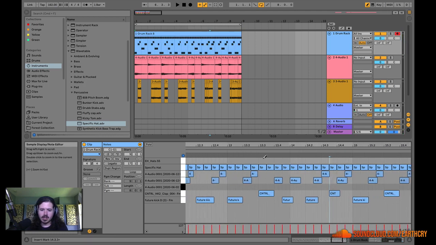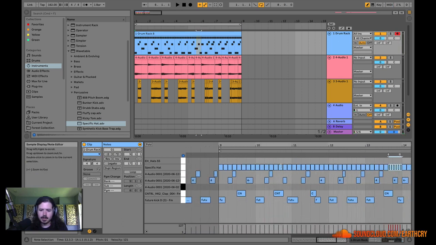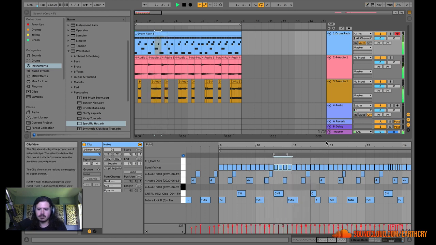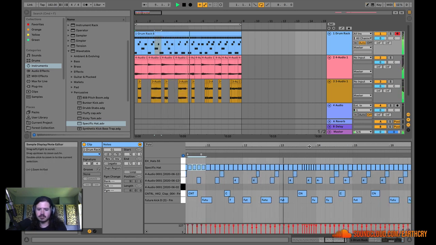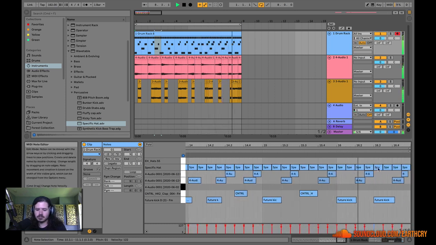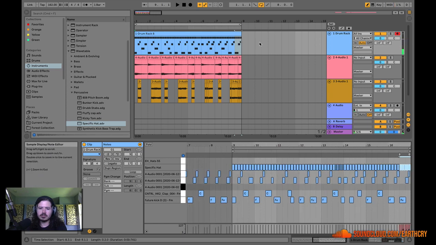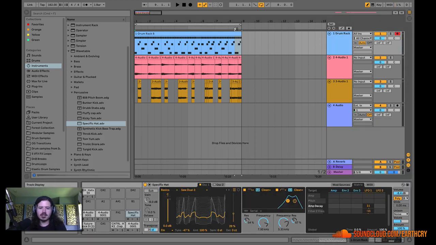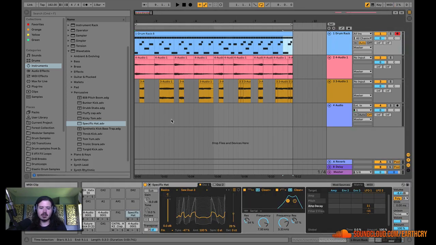So what's cool about that is I can quickly add trills to different parts. Okay, so now I've got that's fun. So let's go ahead and just add another little trill here at the end. Why not? So trill. All right, so now I've got this hi-hat functioning on an entirely different instrument than a